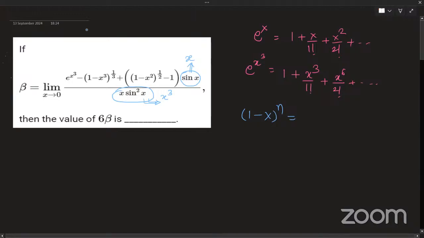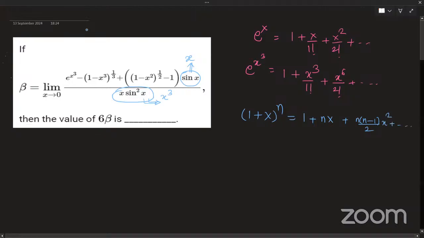It is 1 plus nx plus, I need one more term, n into n minus 1 by 2